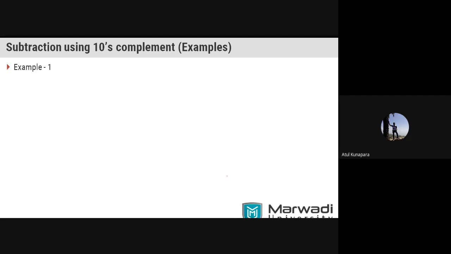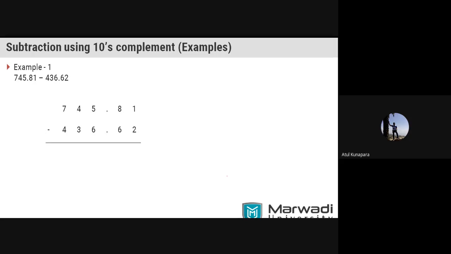Okay, so now let's see another way. First we have seen how we can do the subtraction using the 9's complement method. Now we'll observe how to perform the subtraction using 10's complement. What are the rules? We have already listed them here. Now just see those rules, or understand them using an example. Suppose you have been given the same data again: you want to perform 745.81 minus 436.62, that is, a larger number minus a smaller number. If you want to do this with the 10's complement form, you have to do it in the same manner.